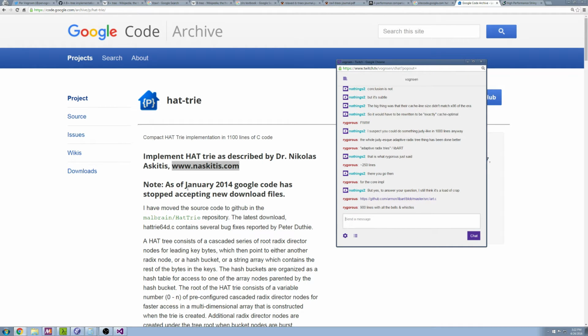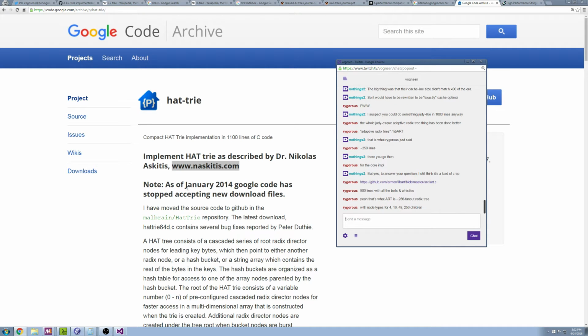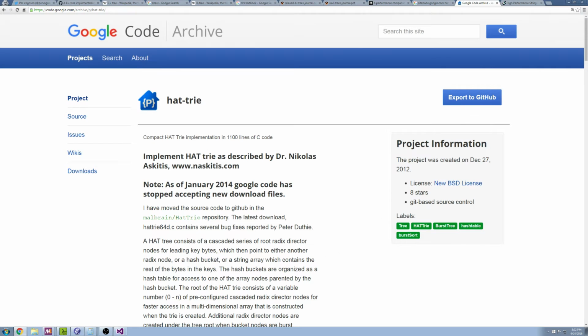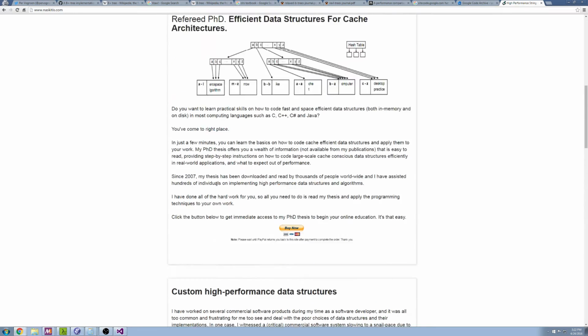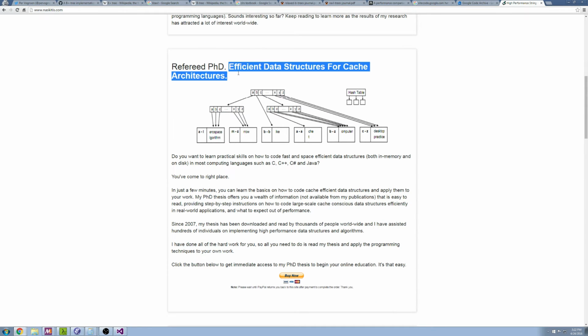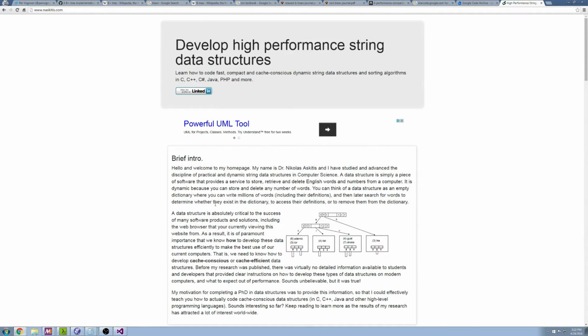And once you start reading these papers, you realize, I mean, it's a little unfair, but there's very little real intellectual density to it. It's really just milking all the variations for what they're worth. For example, this dude who I guess came up with hat tries wants to sell you a copy of his PhD thesis. I'm like, Jesus Christ, dude, you should be happy anyone's willing to read your shit. But anyway,